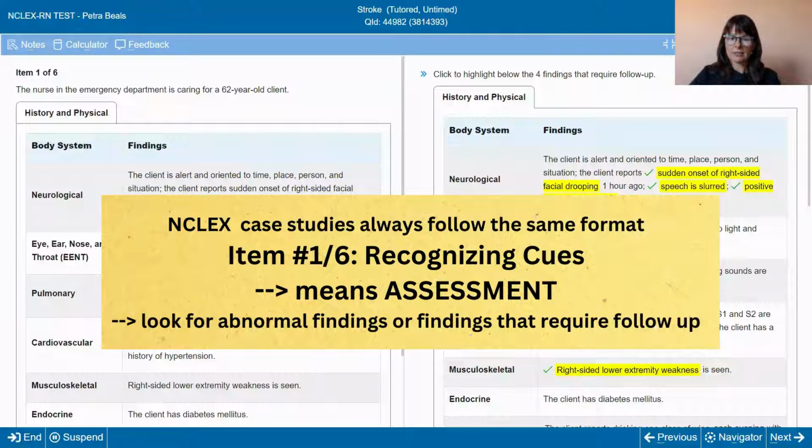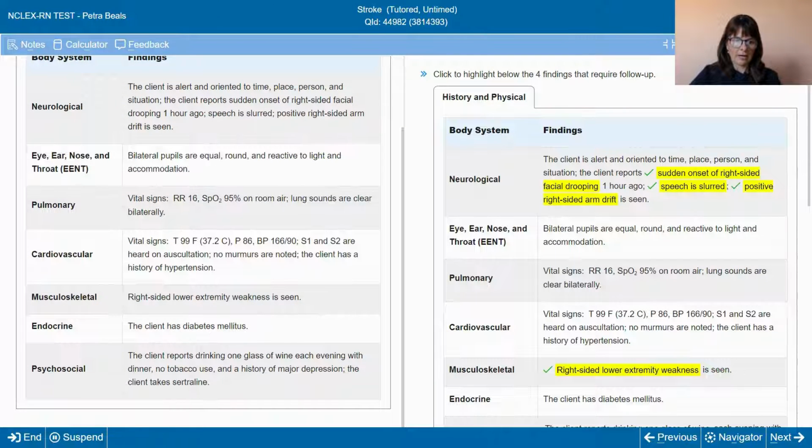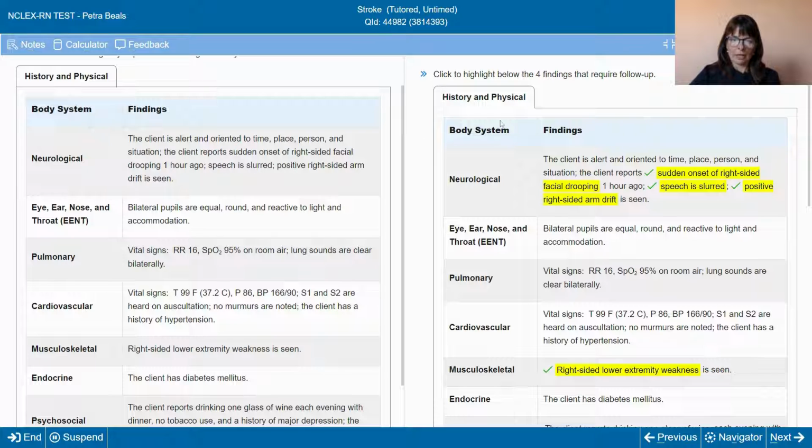So in this case, let's go over this. The nurse is in the emergency department caring for a 62-year-old client. Here we have the history of physical, some findings that we have for this particular patient. And it goes from the body systems and into vital signs. And so here then on this other side, we are supposed to click to highlight the 4 findings that require